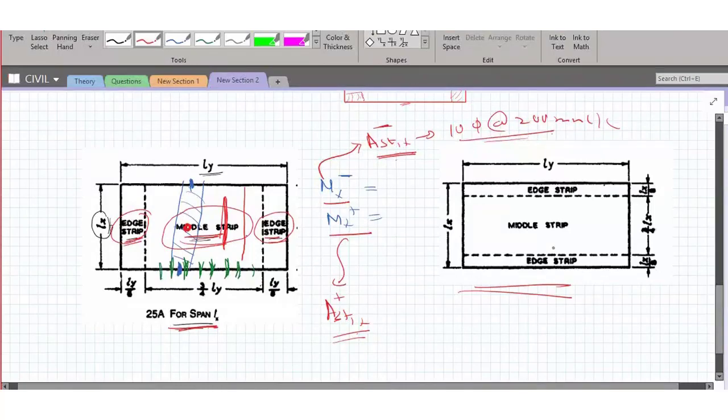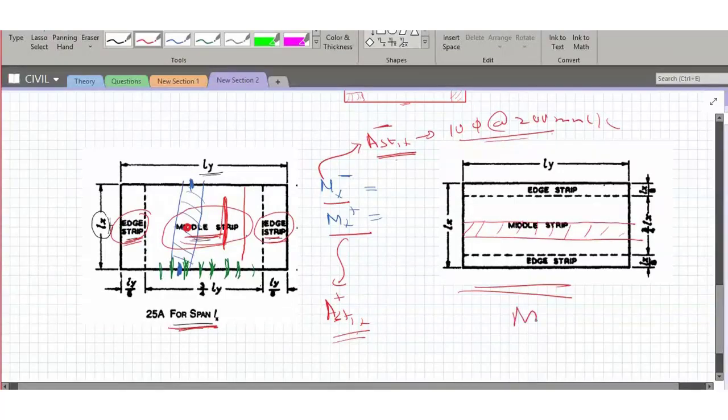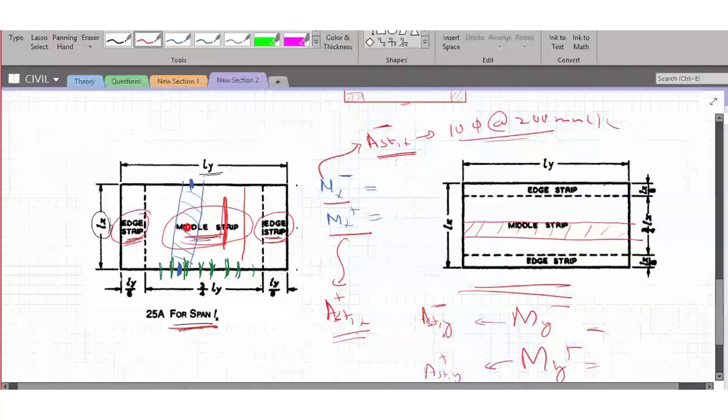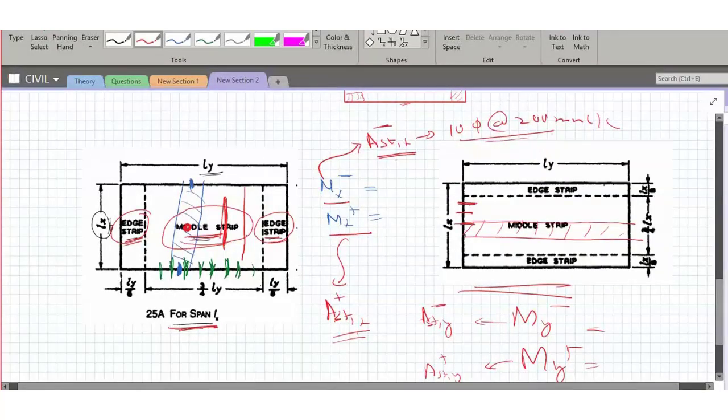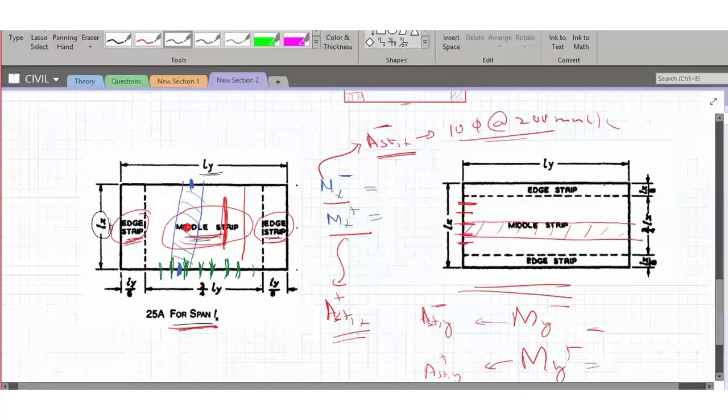So here this is for spanning about Ly. Spanning about Ly means you are going to consider a 1 meter strip parallel to Ly, and you'll be computing again My negative, My positive. So based upon My negative, you will compute Ast y negative, and you will compute Ast y positive. This Ast y negative you are going to provide here at the support point, and this Ast y positive will be provided in the middle span here.